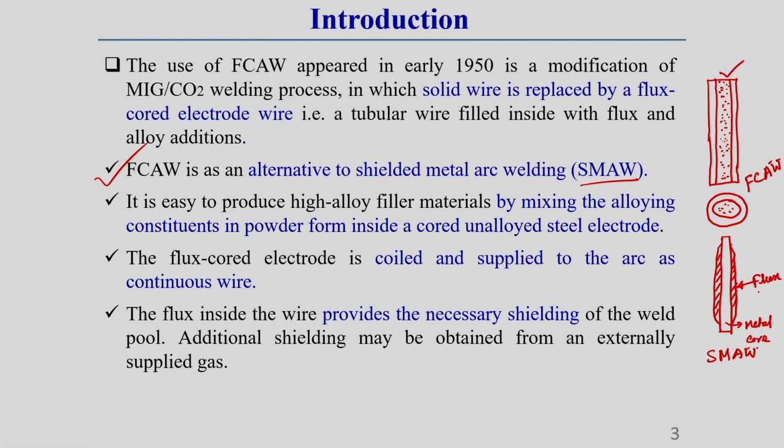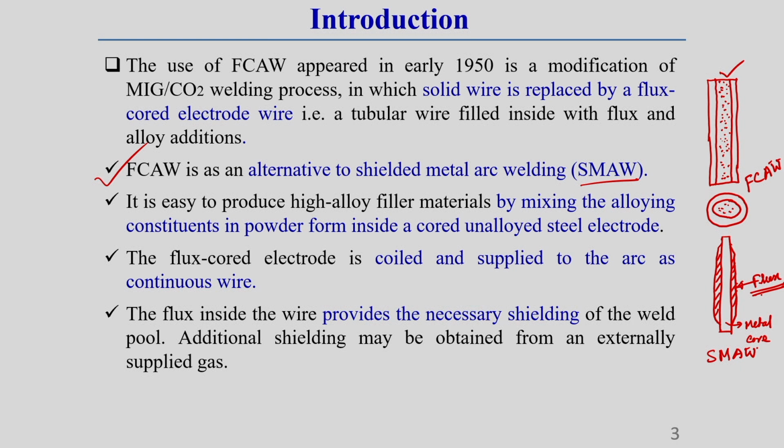Now, here you see, as the flux is covered outside the electrode in SMAW, it is not able to be wound on a spool. What I am telling, understand? That is why it is sometimes called the manual metal arc welding process. So, in the SMAW process, as the flux is used outside, we can't wind it up on a spool, but as here flux is used inside the filler wire or electrode, we can wind it up on a spool, and this system we can automate. Continuously we can feed this electrode to the workpiece, which can be automated.